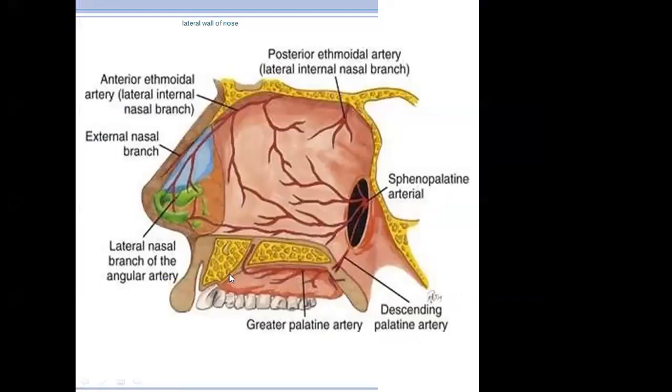So this is the perpendicular plate of the palatine bone. This is the hard palate. We will have the palatine process of the maxilla bone and the palatine bone. So this greater palatine artery is here, and it pierces the perpendicular plate of the palatine bone. So the anterior superior quadrant is supplied by the anterior ethmoidal artery. Posterior superior